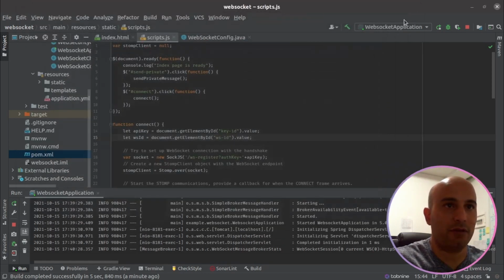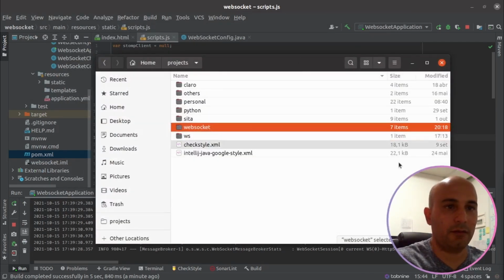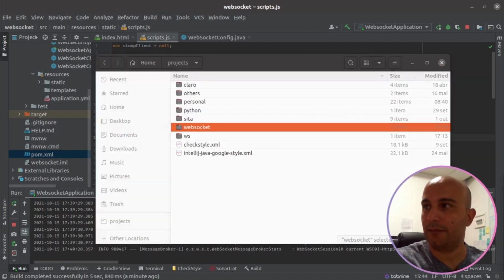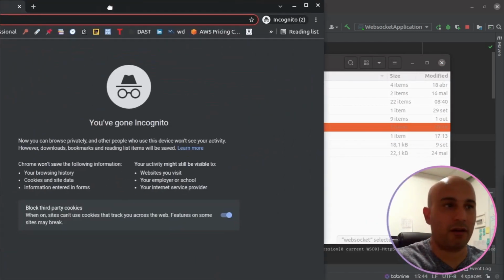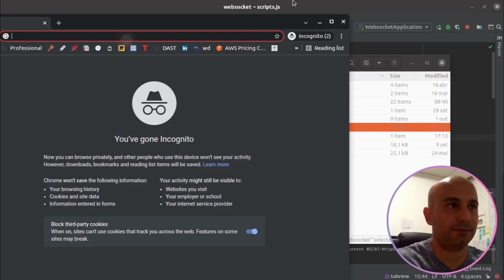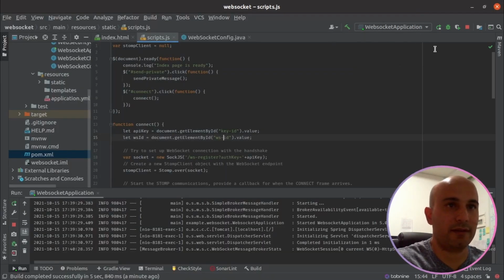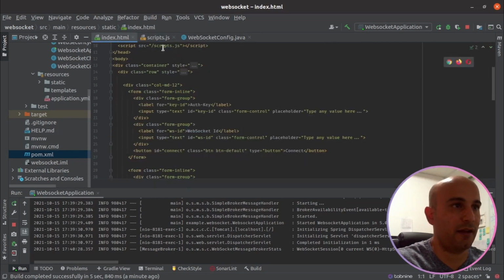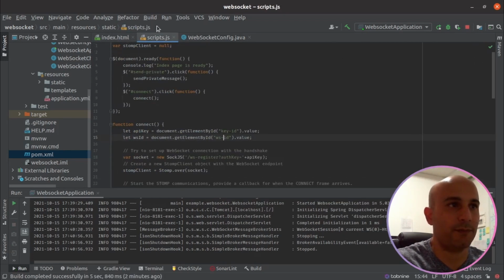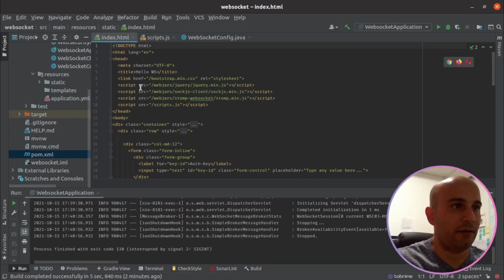Let me just open this web browser again, because I think I forgot one more thing to do. I will open a new incognito window here, and to make this HTML fully work, you can see here that in the header we have some